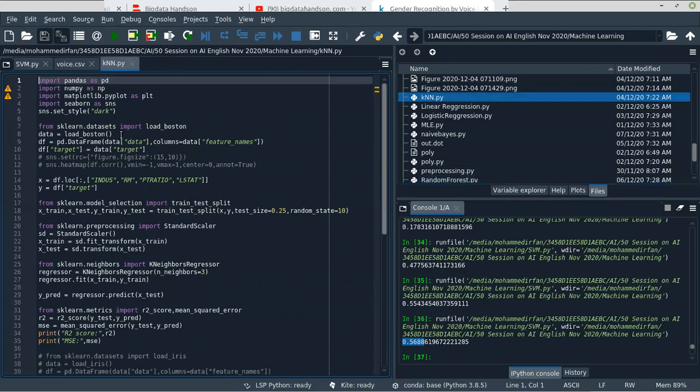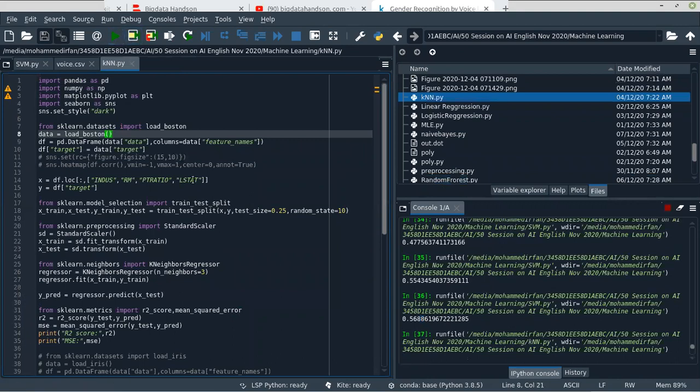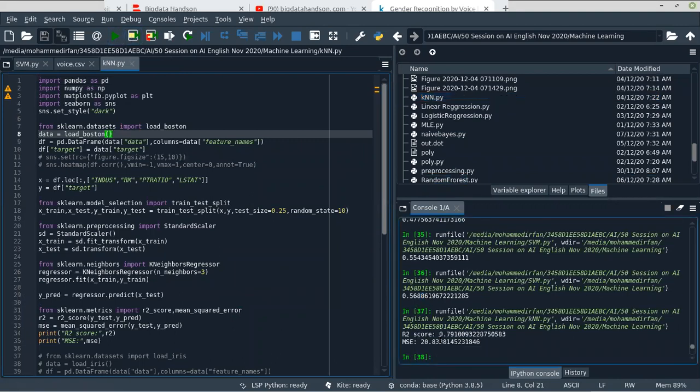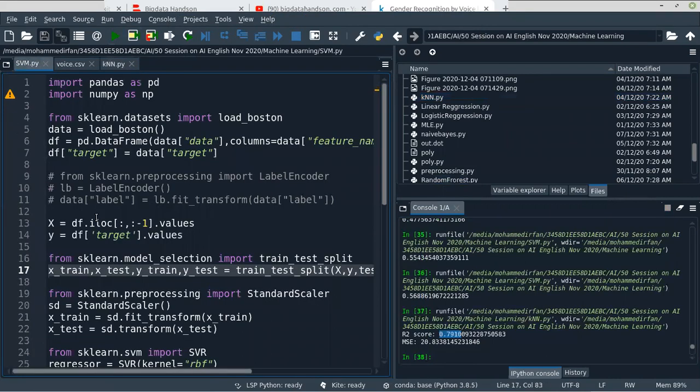Yeah, here. So in the KNN only. So this KNN algorithm, what does it give? It gives 0.79. Maybe this is because we are selecting the columns. Let's try that.